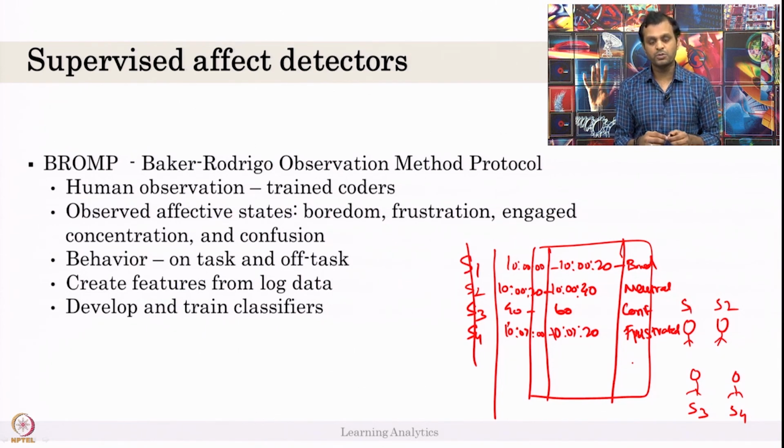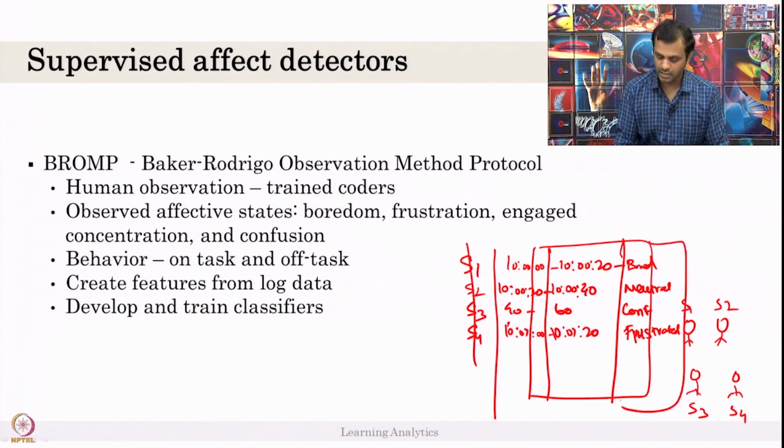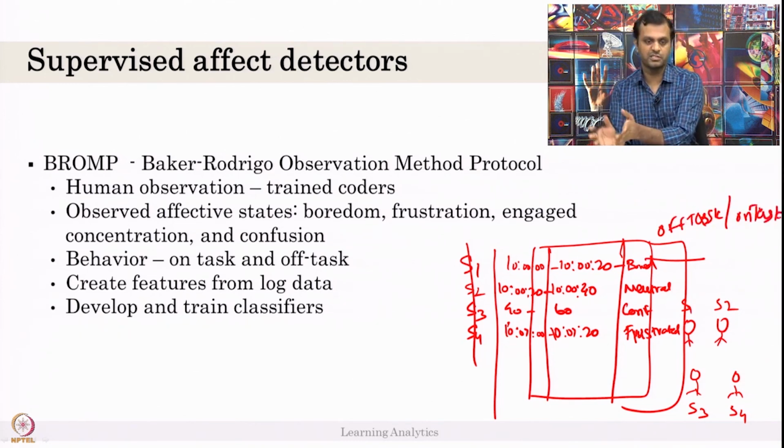Then not just the emotion, you can also have another table for the behavior: are they off task or on task. It is very easy to detect, this is one of the easiest to detect. Are they talking about the task they are doing, or just talking about some other topic and still engaged? That is the whole thing